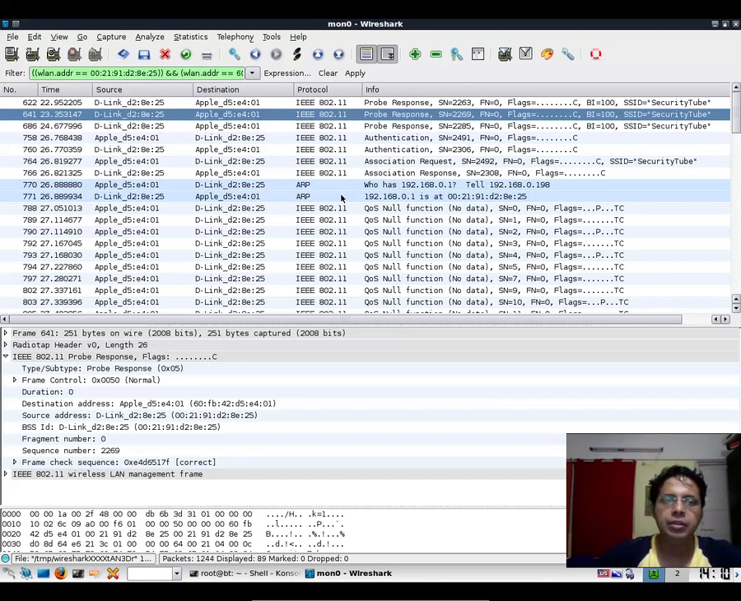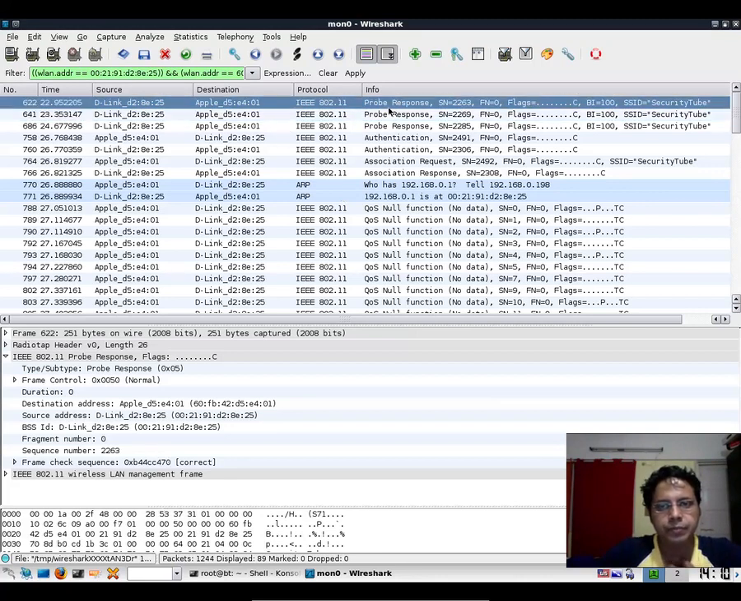between the access point and the client. Right? Now let's try and understand this entire flow a little bit better. Before we do that,